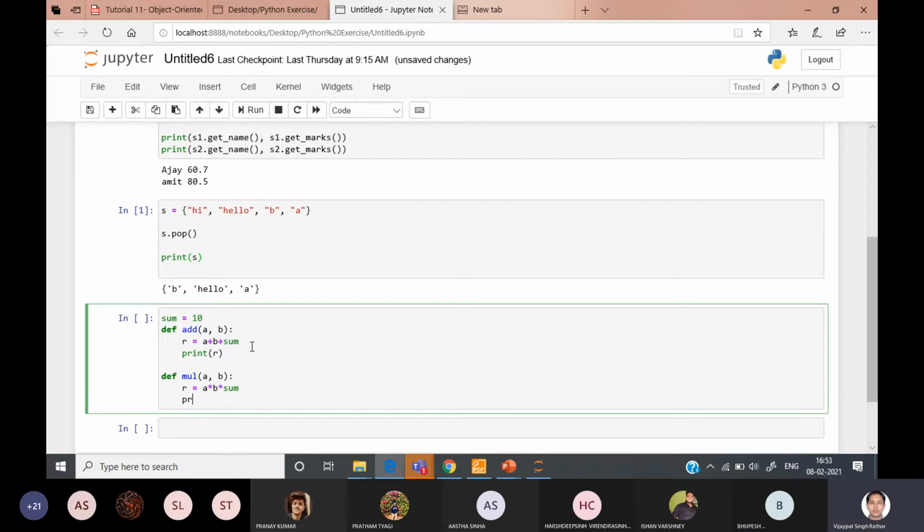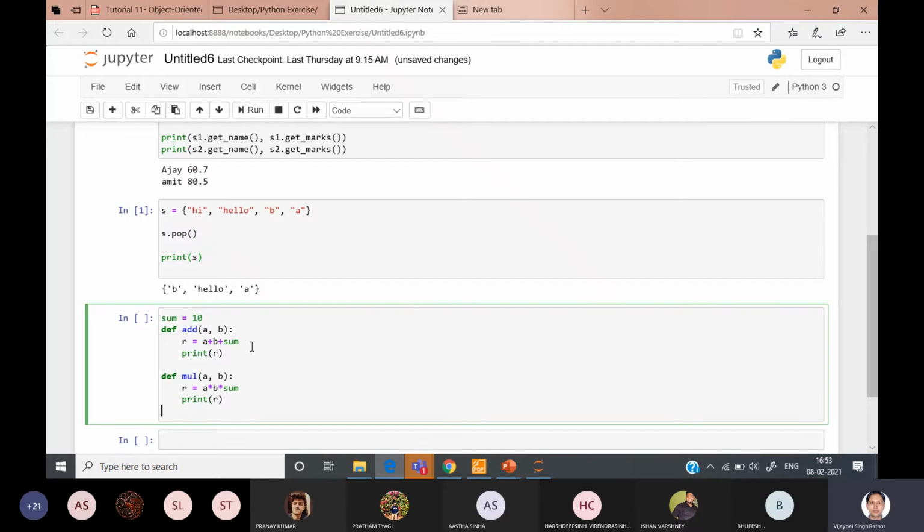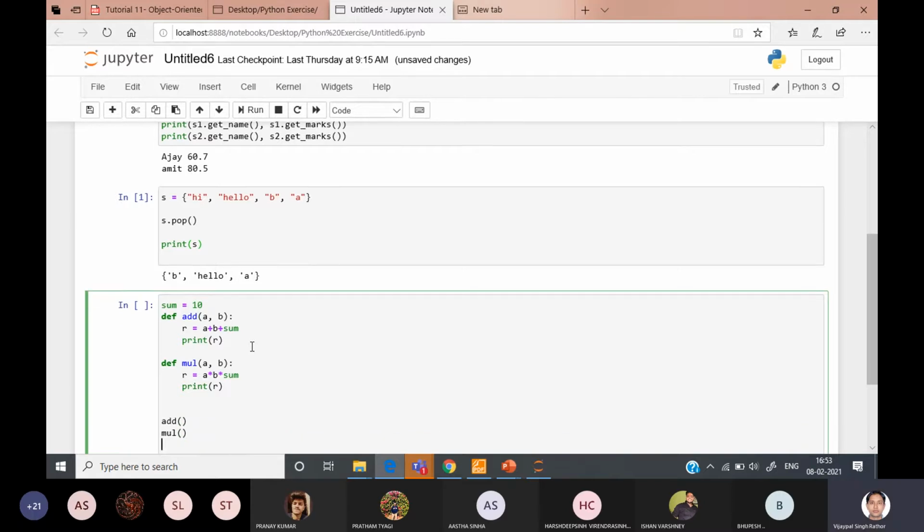And then I have printed this r here. And I'm calling both the functions here, add and then multiplication, with some values of a and b.